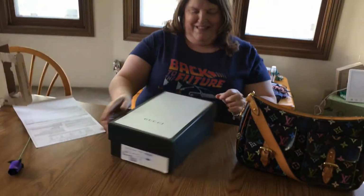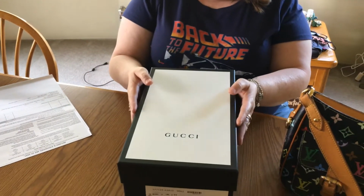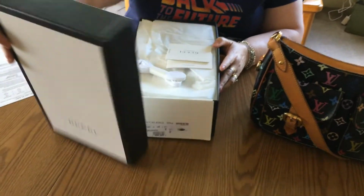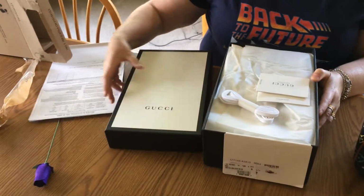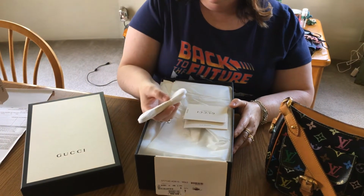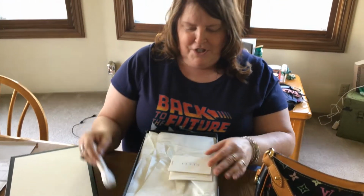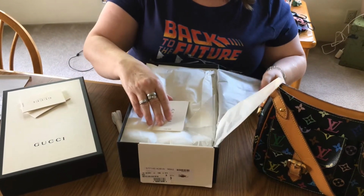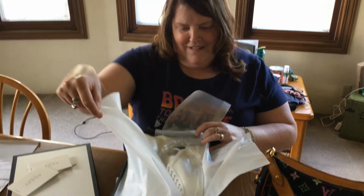Okay, so they do come in the nice Gucci box. Yeehaw! I'm so excited. Okay, this is nice. So a little Gucci box. It's not going to stand up by itself. Got a pair of tennis shoe ties. It says Gucci on it. Got my Gucci little tags here. I'm so excited. And some more Gucci. Oh my